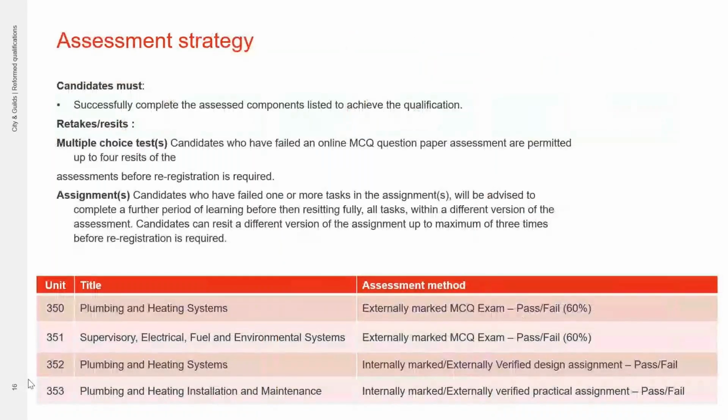The assessment strategy for this qualification. Candidates must successfully complete the assessed components listed to achieve the qualification. Again, as with the electrical qualification, retakes and resits, multiple choice tests. Candidates who have failed an online multiple choice question paper assessment are permitted up to 4 resits of the assessment before re-registration is required. Assignments, candidates who have failed one or more tasks in the assignments will be advised to complete a further period of learning